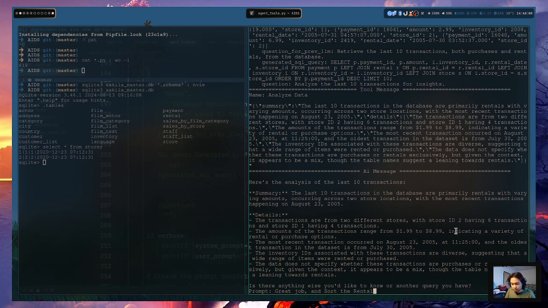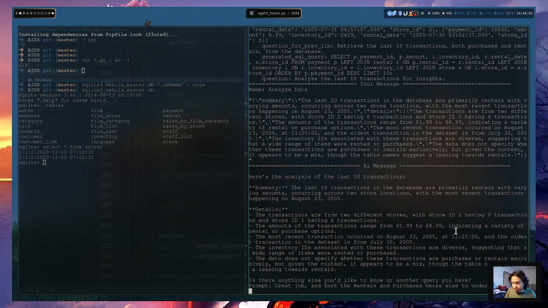And sort the rentals and purchases genre wise, to understand which genre of films is the most demanded by the customers.